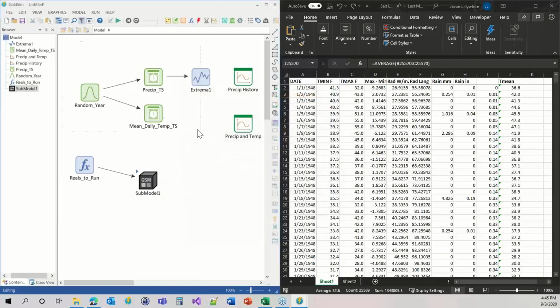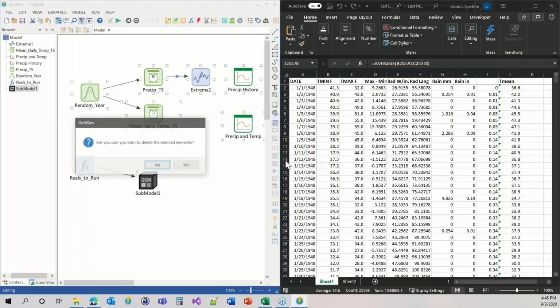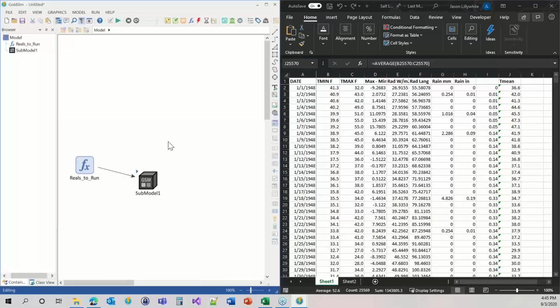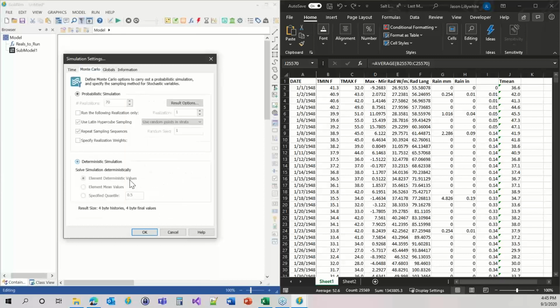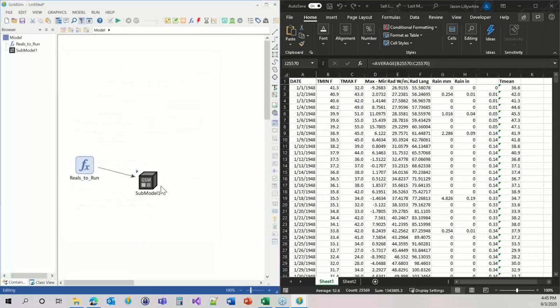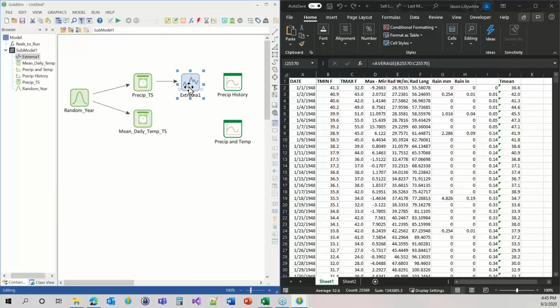Now we can just take all of this logic up here and cut to the clipboard. So it's gone. Now we can run the main model as a static deterministic. It doesn't need to do anything but just go. That's all it needs to do. Now the submodel is doing all the work. So we go in the submodel and we paste what we had before, and now we would just want this